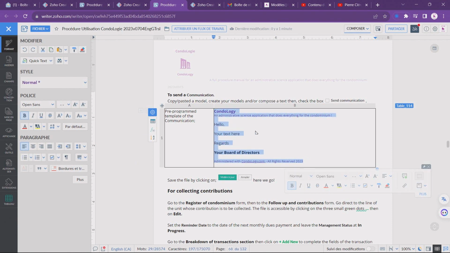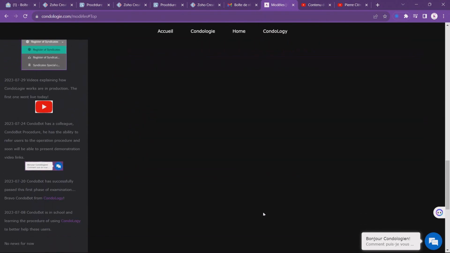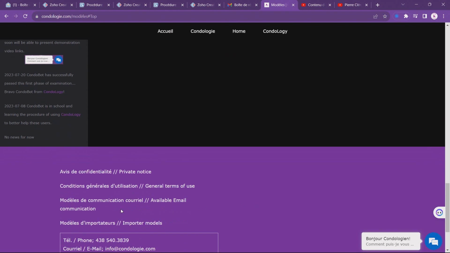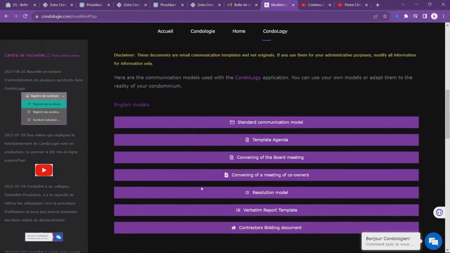So we copy the model. What I suggest you do is ensure that the model is adapted to the reality of your condominium. If we wanted, we could go to the CondoLogie website where all the models are available. If we go to the bottom of the CondoLogie page, we see here communication model, and that takes us to all the models. So you take the model. You make sure to save it as a model that reflects your condominium,